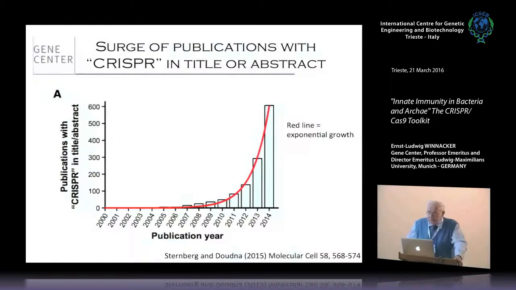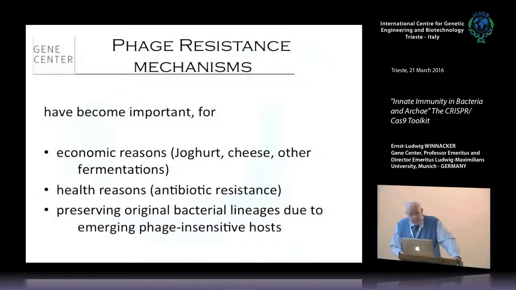Now, let's turn to the biology before we come to the CRISPR craze and go back to the beginnings. In the beginnings, the problem, as I said, was a problem of phage resistance or phage sensitivity. Cultures which are economically important for cheese production or yogurt production, like Streptococcus thermophilus. When I talk to the general public about these things, they are always shocked to know that yogurt is nothing else than a slurry of bacteria.